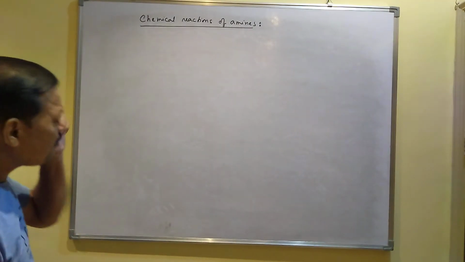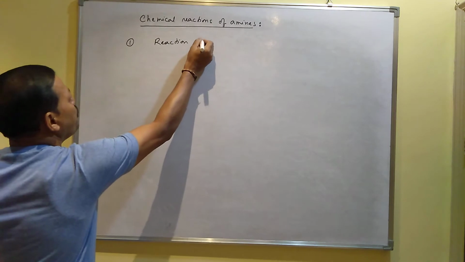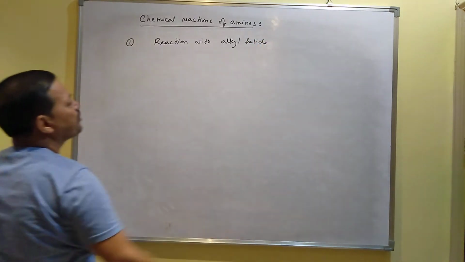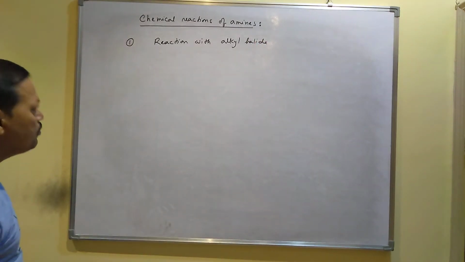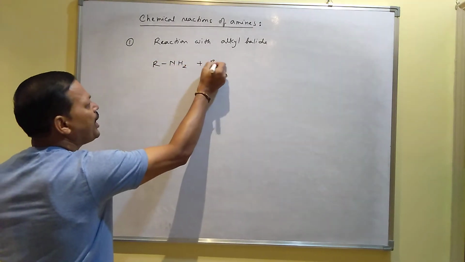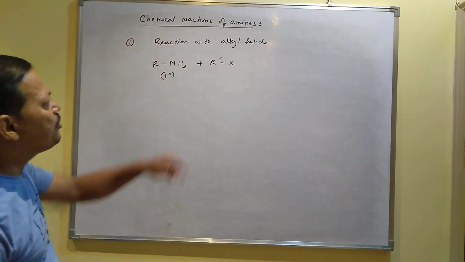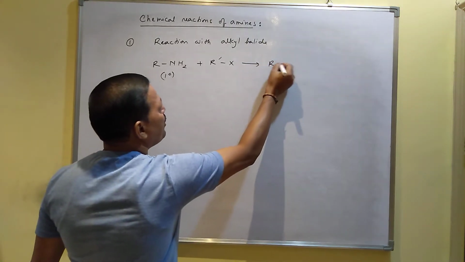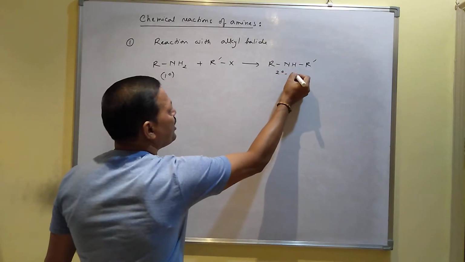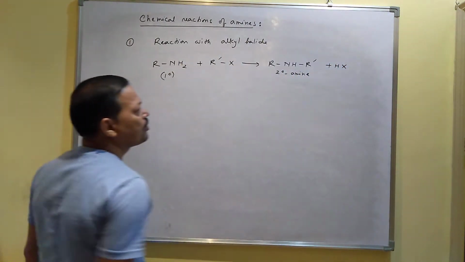So, number one: reaction with haloalkane. Haloalkane means alkyl halide. This is one of the amine, RNH2. When it reacts with some haloalkane like RX, as you know, this is primary amine. When it reacts with haloalkane, it will convert to secondary amine by removing one hydrogen like this. I mean, you will get secondary amine, and the removed hydrogen combines with halogen and produces the side product HX